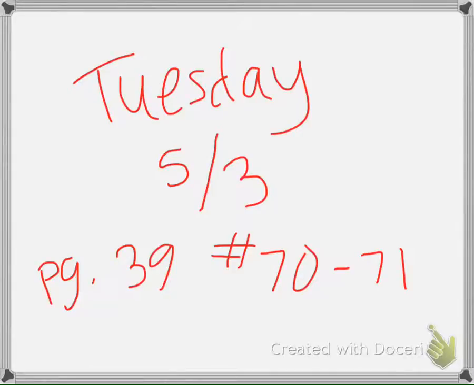Okay, this is Tuesday, May 3rd homework. You're doing page 39 in your systems books, number 70 to 71. So this is equation solving. We did some of this at the beginning of the year, but it's just to make sure you're staying up on your skills of solving really long equations and getting you ready for 9th grade, because there's a lot of